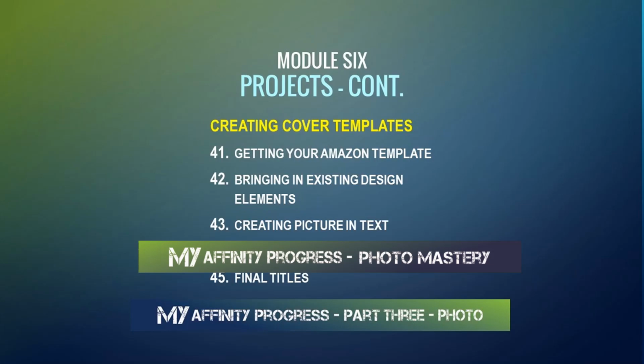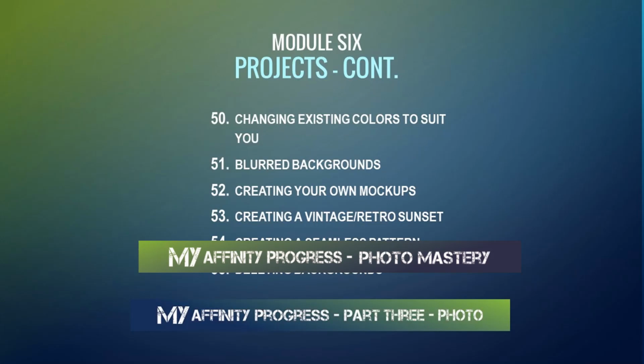Then I have a whole section covering how to get your Amazon template and bring in existing design elements, create what's called picture in text so that you can see a picture through the text shapes, embossing images to make them stand out from the page, and how to put final titles together so that they really pop on covers. I have modules covering how to change existing colours in an image to suit you or the theme that you're working on, how to blur backgrounds in photographs, how to create your own mock-ups, and that's quite useful to know,